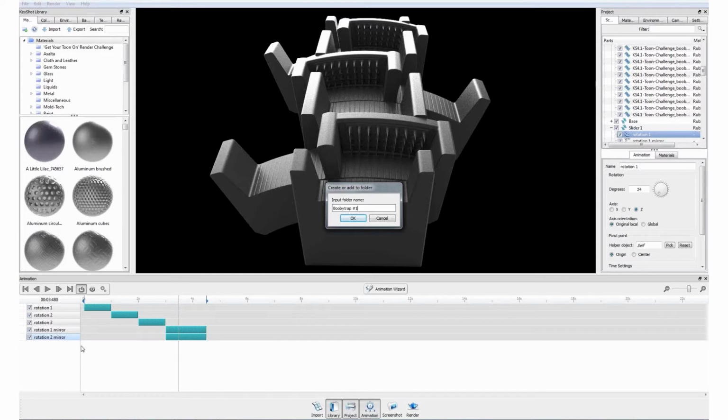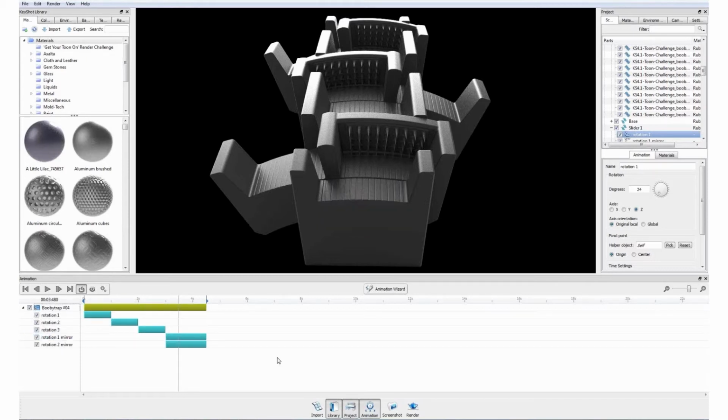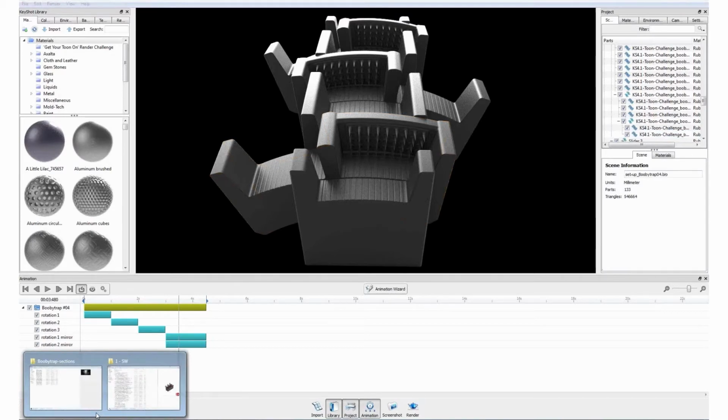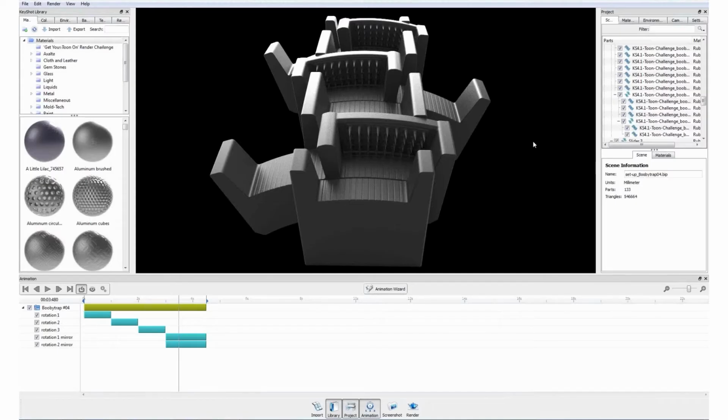So this is trap number 4. Can save this out, close this down,